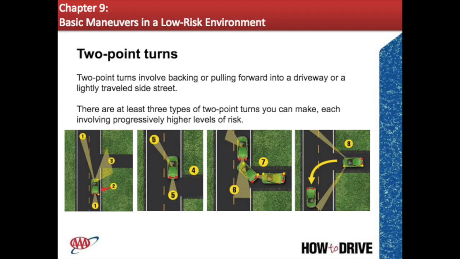Then we have 2-point turns. 2-point turns involve backing or pulling forward into a driveway or a lightly traveled side street. There are at least 3 types of 2-point turns you can make, each involving progressively higher levels of risk. The first is the 2-point turn by backing. This technique involves stopping in your lane, then backing to the right into a driveway or a lightly traveled side